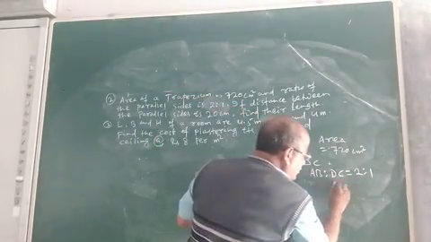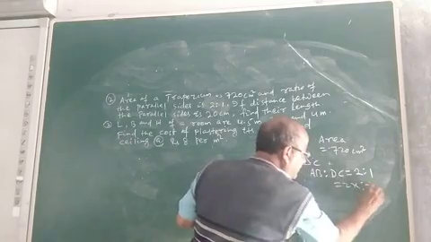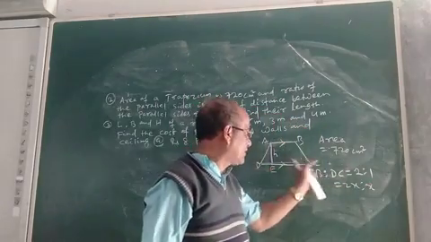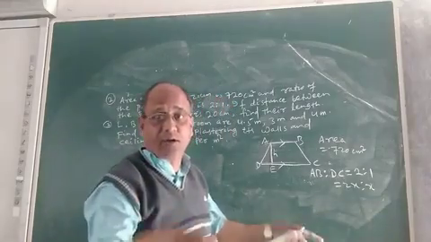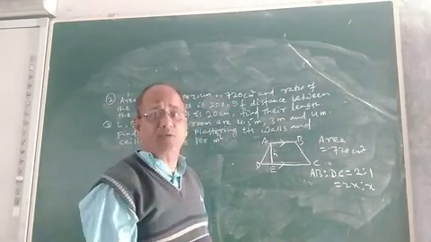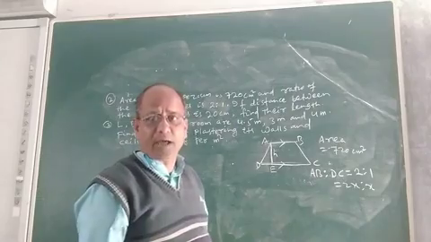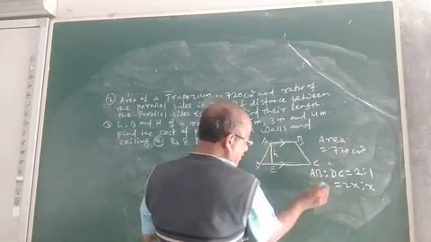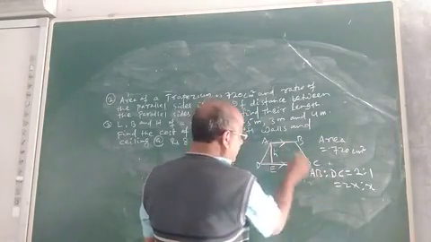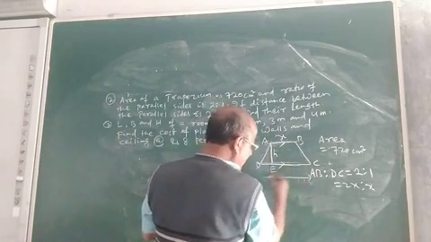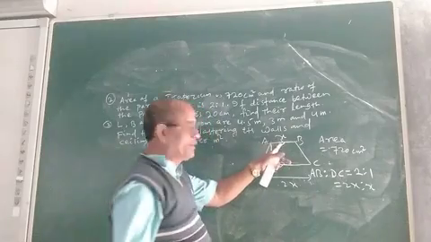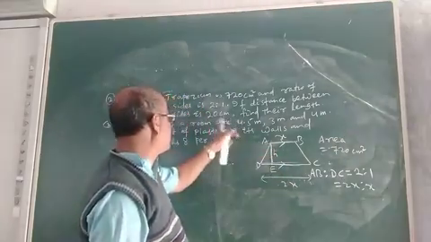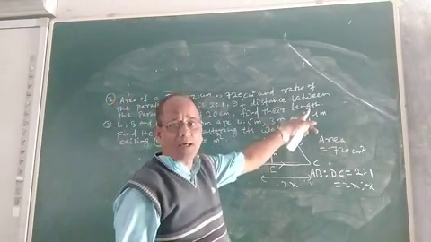So if the ratio is 2:1, say it is 2x:x. Take one parallel side as 2x and the other as x, where x is some unknown variable whose value we have to find out in due course of time. So AB is x and this parallel side is 2x. We do not know the lengths. The question is, find the length of the parallel sides.